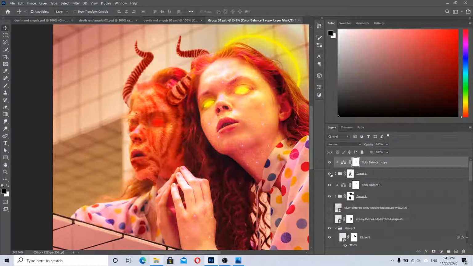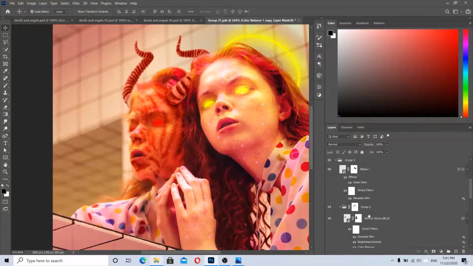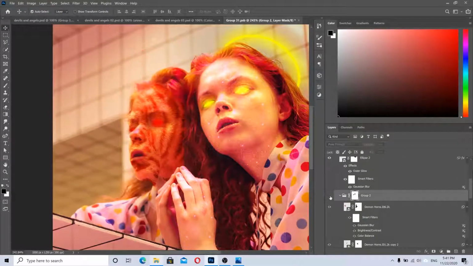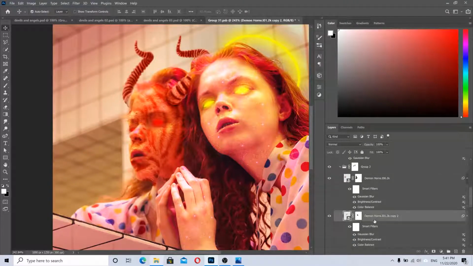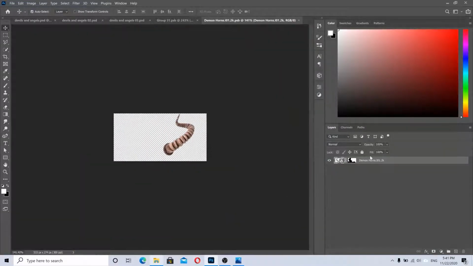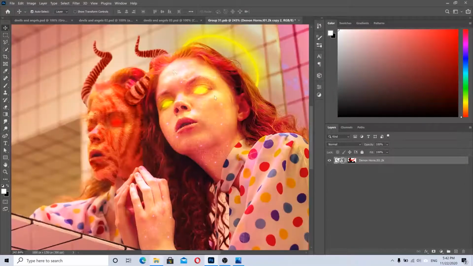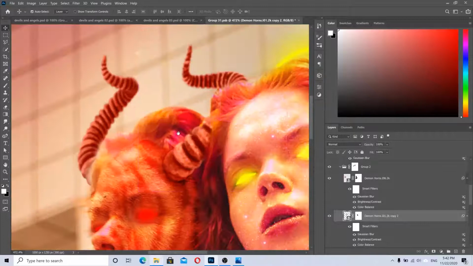Let me see, where are the horns? I have so many groups here. Okay, so here I have the horns, and this is also pretty simple. If I just double click to show you the original image, this is the original image with two horns, and let me just close this. First I started with the right one. As you can see, I added it here, and of course I had to